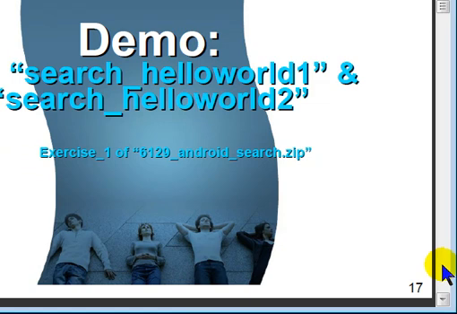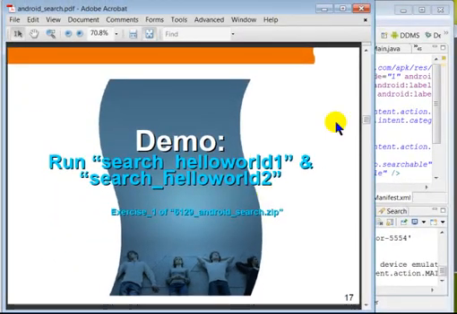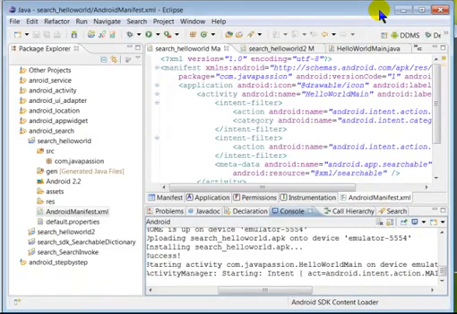Okay, so let's actually run the first and second applications of the hands-on lab, that is Hello World 1 and Hello World 2. In Hello World 1, we have a single activity that performs both as main activity and searchable activity, and also searchable context activity. In Hello World 2, we have a main activity and searchable activity separated out. So in Hello World 2, we have two activities. Okay. So let's run the